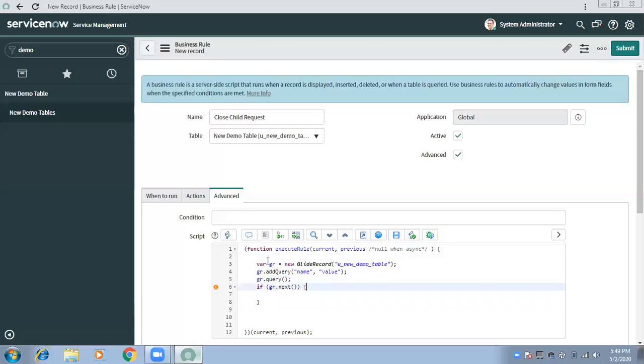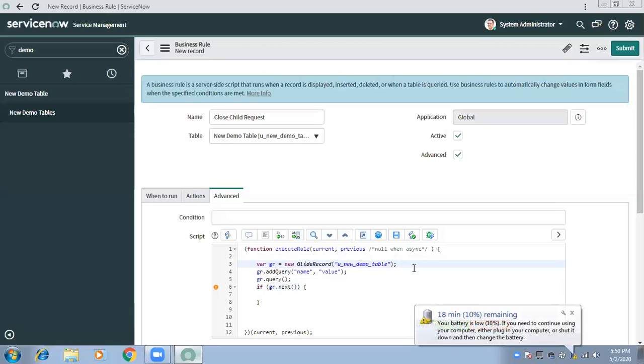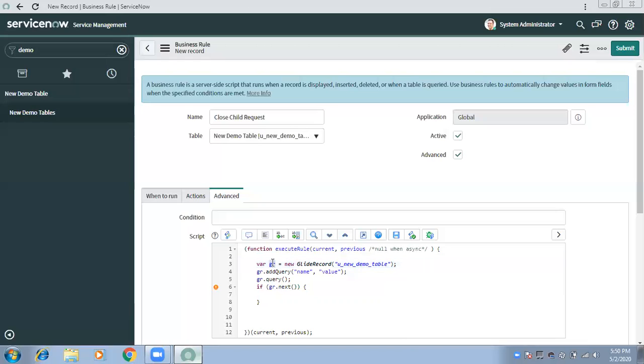The first line is to instantiate the class. I would say the class, or GlideRecord instance, is the glide record. You need to write this line. This is your object, which is again a kind of bundle.